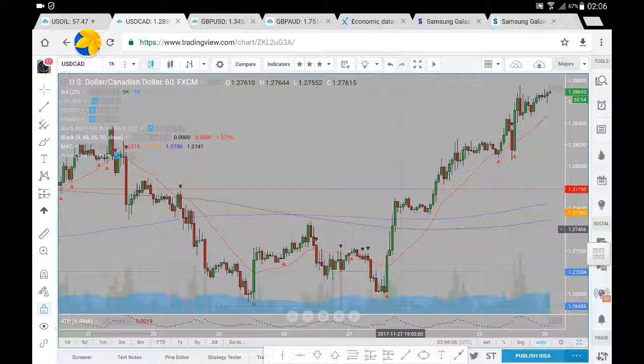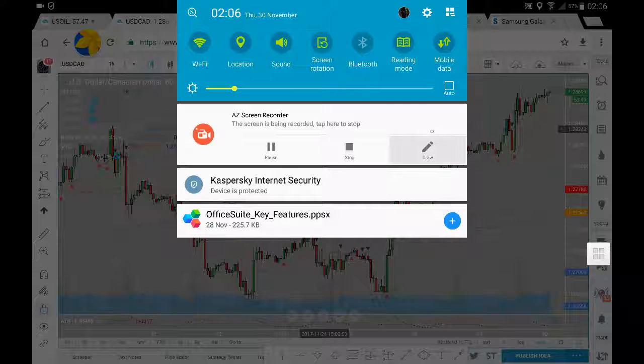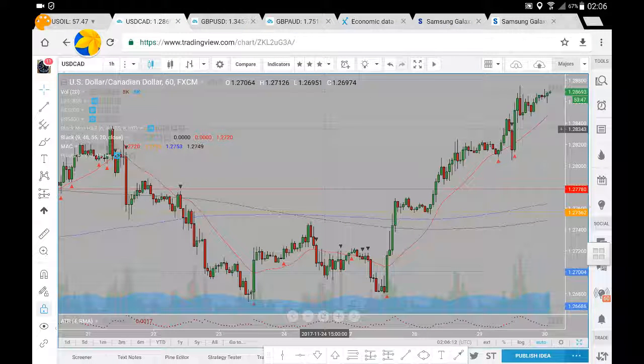So this is the US dollar Canadian dollar analysis for Thursday the 30th of November. Now let's just have a look at what happened to prices. So we did come down into this region here and around this 126.80. Had a strong move to the upside, a brief pullback, move to the upside again, brief pullback, and again we've come up to this most recent highs around this